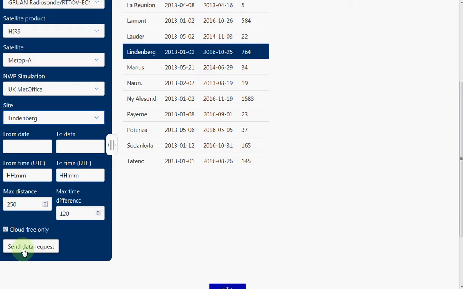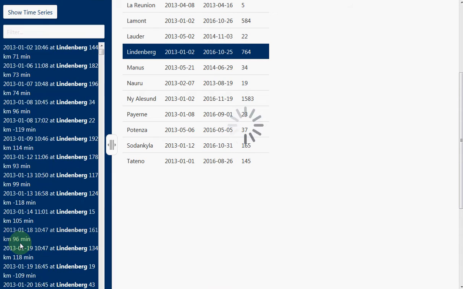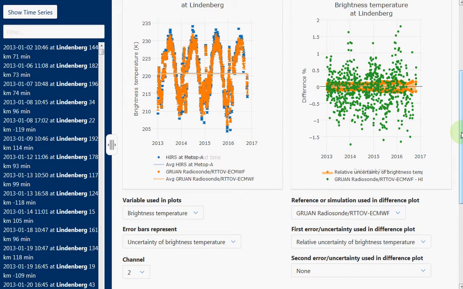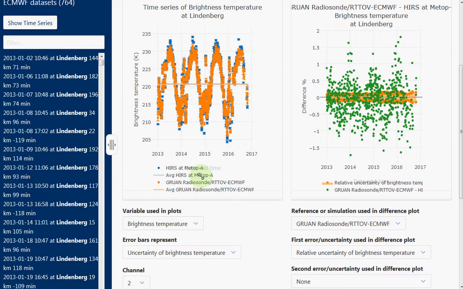Also, you can see here now by default it's ticked the cloud-free only, because in particular the humidity profiles and temperature profile are affected by clouds for the HIRS instrument, so you're much better off only picking the cloud-free observations. To the radiosonde, of course, this doesn't matter. They fly, rain or shine. I might just close this one so we can see the plots a little bit better,